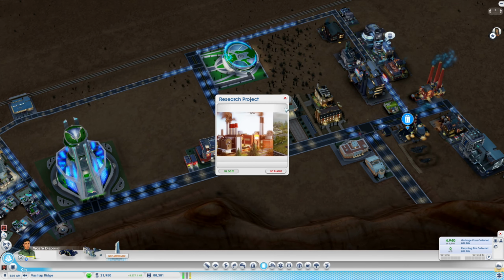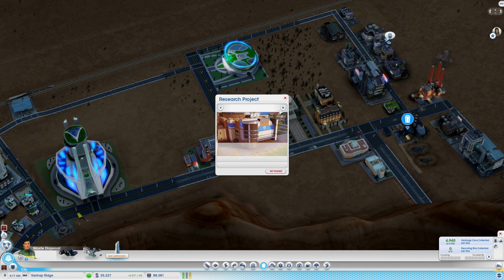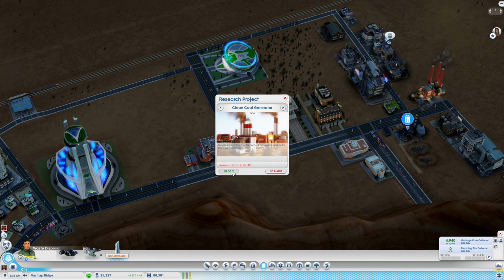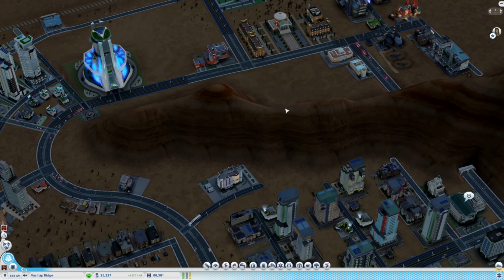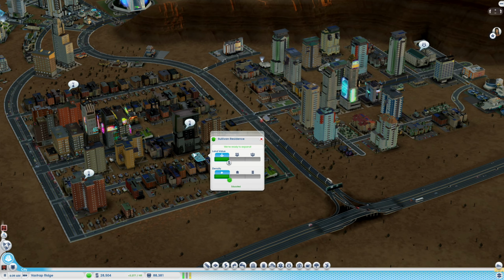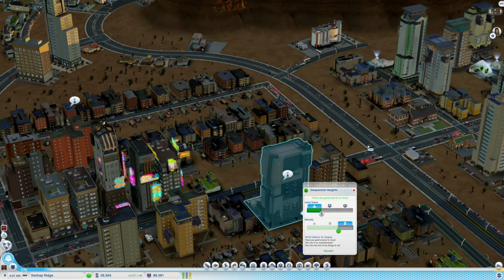Clean coal. But for that we need something. No, we just need 175,000. Okay. The cities are very sophisticated. Is this...